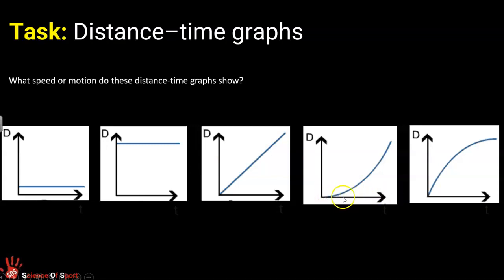This penultimate one then, over time, the distance gradually gets disproportionately greater, which suggests that this object, as time goes by, is speeding up and increasing velocity. And when an object gradually increases velocity over time, that suggests that it is accelerating. And therefore you've probably figured out this one. Over time, the object starts at a greater rate of velocity change, which then flattens, which suggests that the object is slowing down